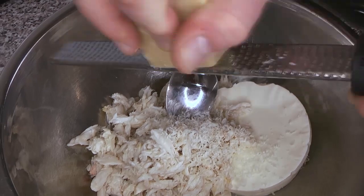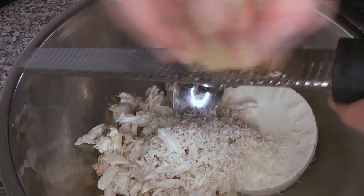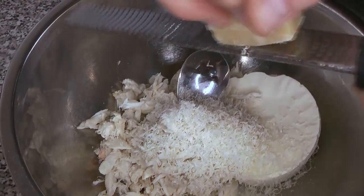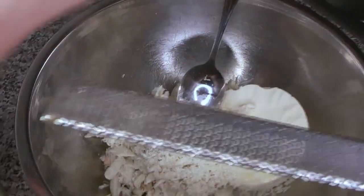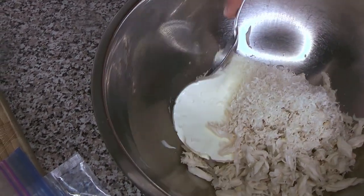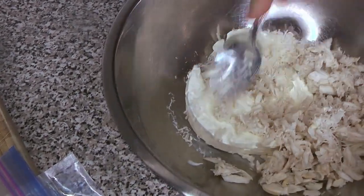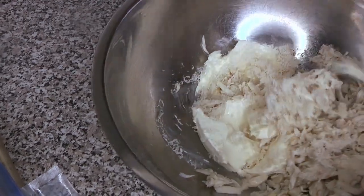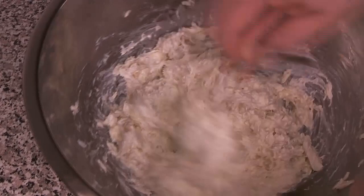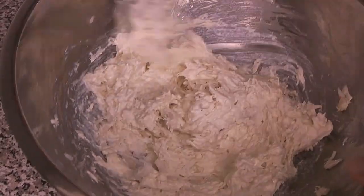So we're going to just give that a good grate on the microplane grater. Now you're not going to need to add a whole lot of salt to this because the Parmesan cheese is quite salty. And then we're just going to stir everything together. We want to make sure it's all well blended. Then once you have everything well combined,